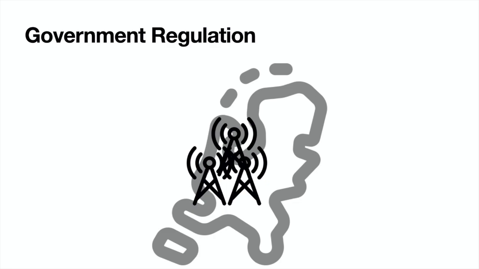When left to business economics, not all parts of the country would be covered with your network. You will not bring your network to that single person on the island up there 20 kilometers out of the country. It doesn't economically make sense to put up an antenna for just one person, so that one person will never get mobile phone access. That's why we need government regulation in these kinds of markets to make sure that everybody will have access to the new technology. This was, for example, the case in the 3G licenses and will be the case in the 4G or 5G licenses. The government will see that when you buy a license, you will have to cover the entire country.